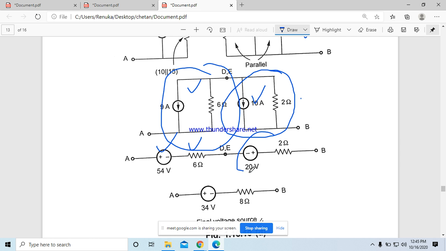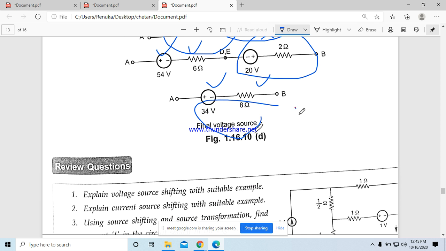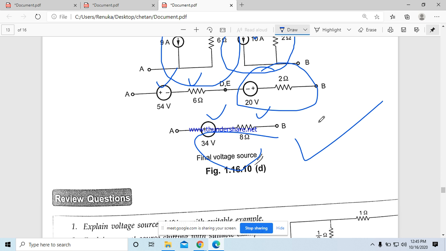You can draw voltage source parallel with the current source. Simply you can add these two, you will get this one, voltage source in series with this. This is the final voltage. Actually in that problem what they have asked, simplify this one so that you will get only one source in series with the current source. Finally, I got this one right. This is the expression they have expected.